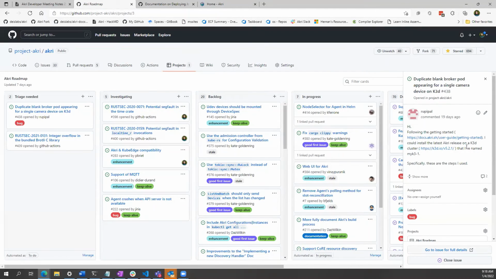The bug says on K3D. It would repro anywhere, right? It's not really specific. Maybe we want to rename this, something like unable to create multiple instances for a single device that has multiple dev nodes, to make it more descriptive?